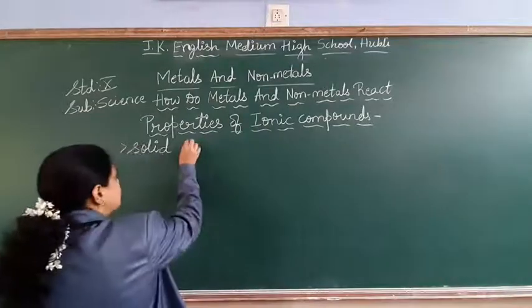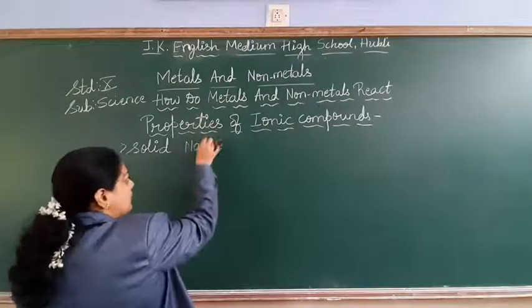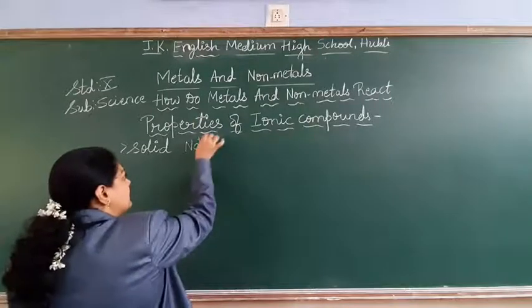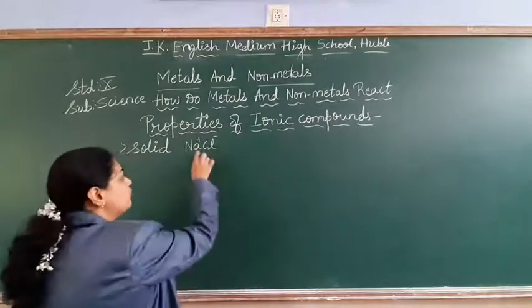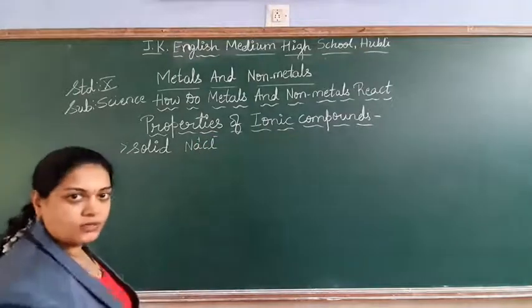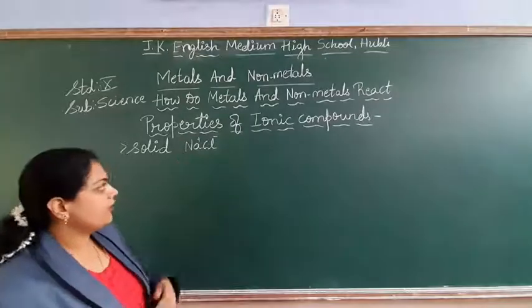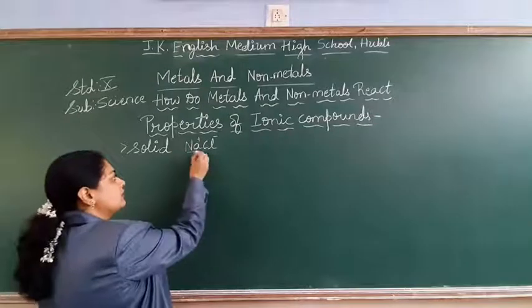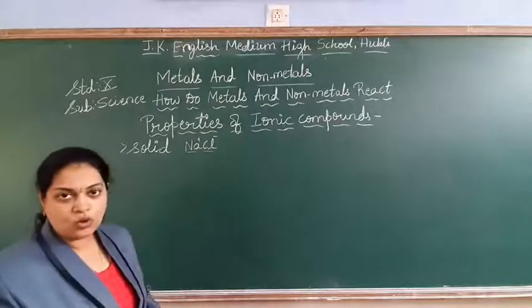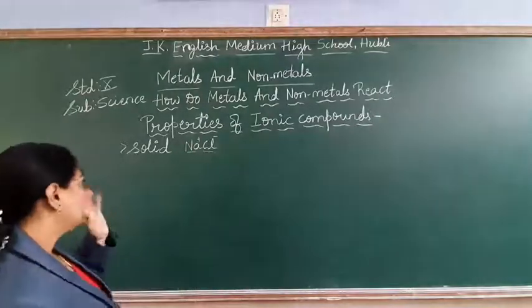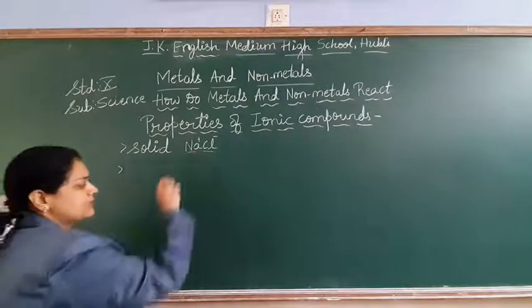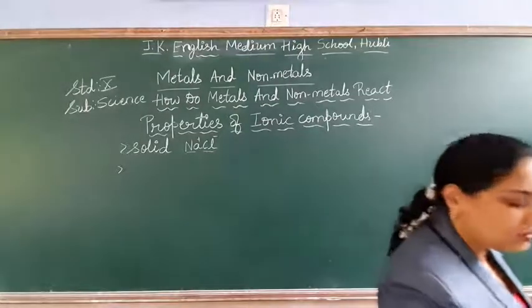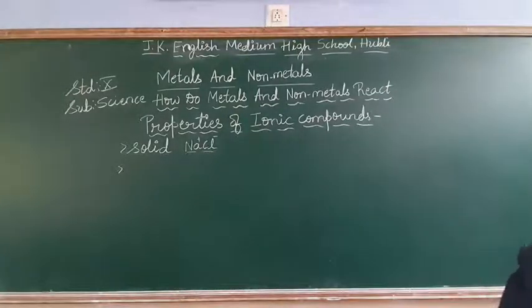Just remember one example, students, to remember these properties I am telling. Sodium chloride. How has it formed? Na plus, Cl minus. By forming the ions, by reacting as a cation and anion, you are getting the ionic compound. The force of attraction between these two is very strong. So this is the first property. And remember, these are brittle. You can break them easily. So this is the first property of the ionic compound.